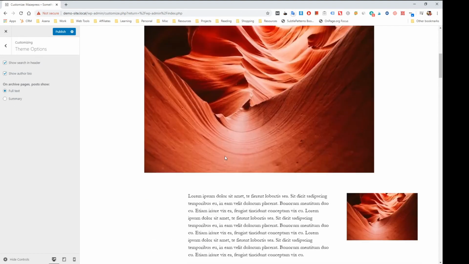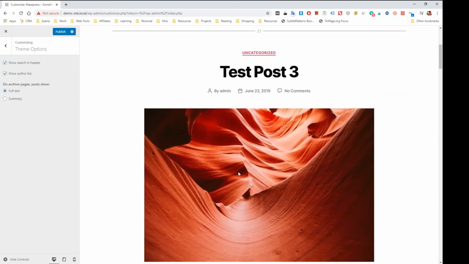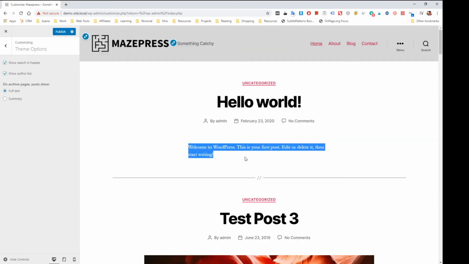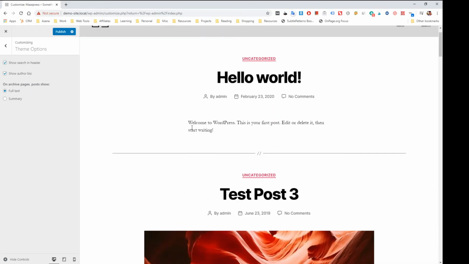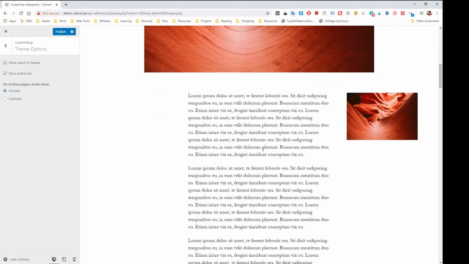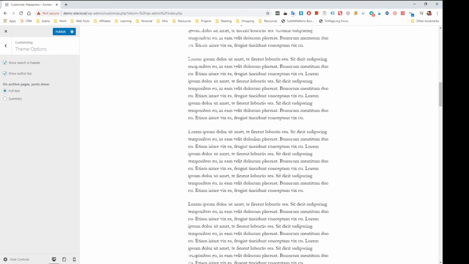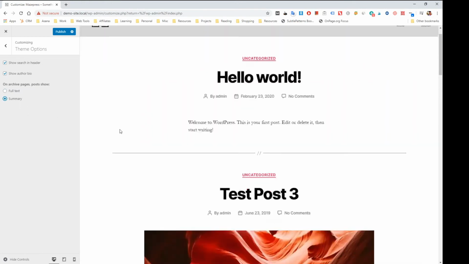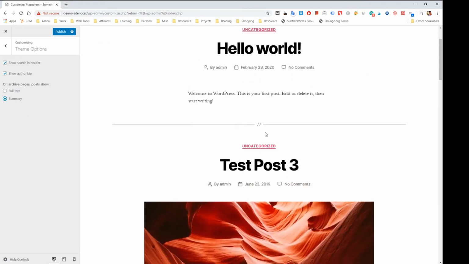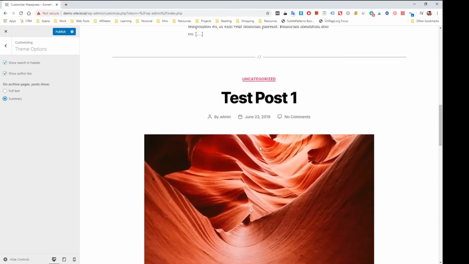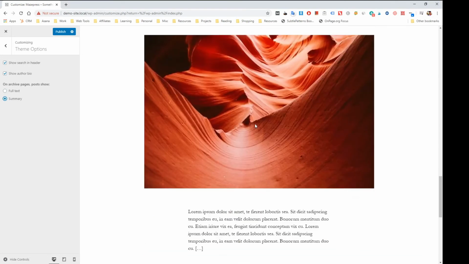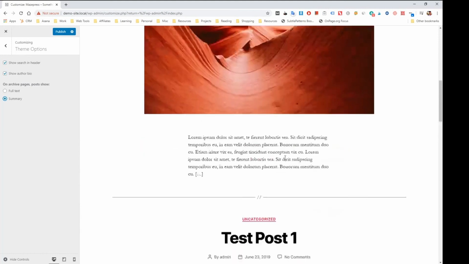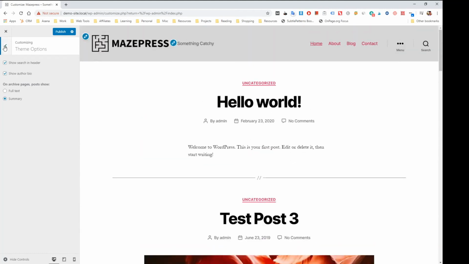Obviously these are not full posts. This one is, this one isn't. And so this one looks like it's showing just a summary, but it's actually showing the full amount of content. You can see on this test post, this one shows the full amount of content. So we'll change that to summary. You'll see now each just shows a limited amount of information, so it's more digestible on one page. If we go back,